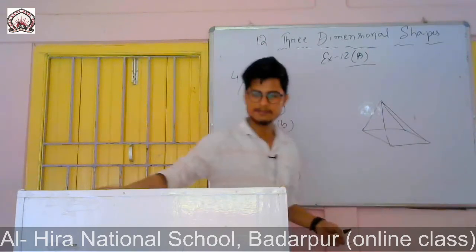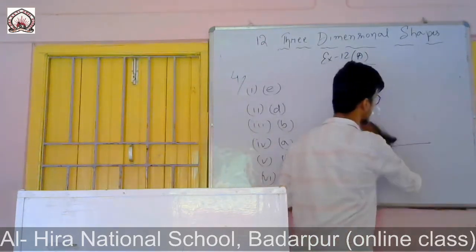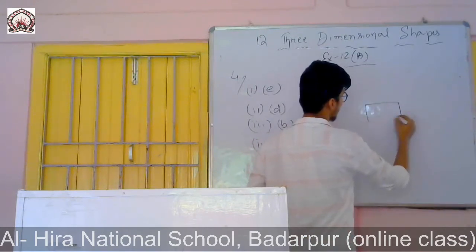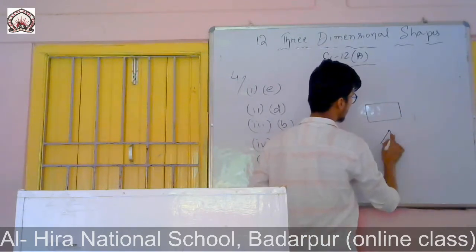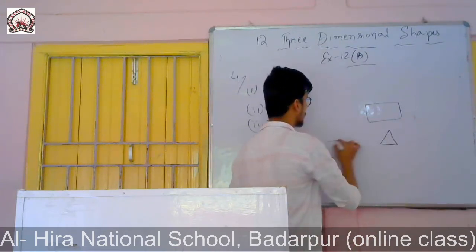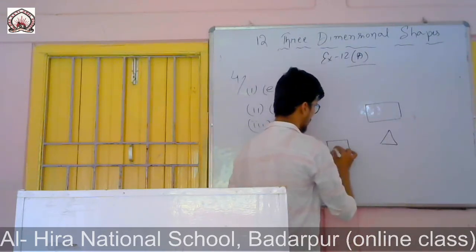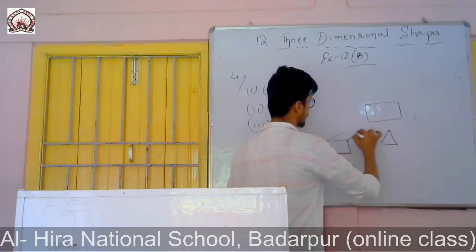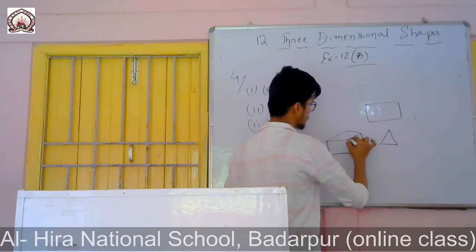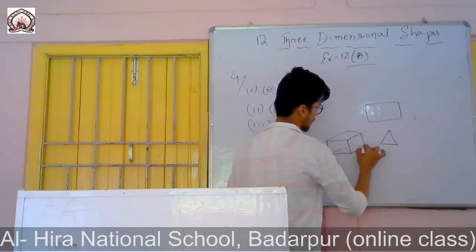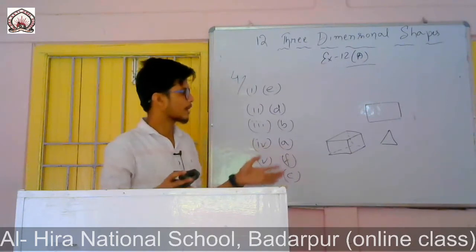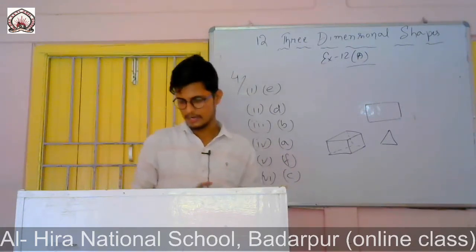Plane figure, in a single plane. That means if I simply draw this rectangle or a triangle, I can directly show it in one plane, in a single plane. But whenever I go for drawing a cube, these are actually 3D figures. That means one part is missing somewhere there. Like this, I cannot show it fully. So it needs more than one plane. So these are solid figures.